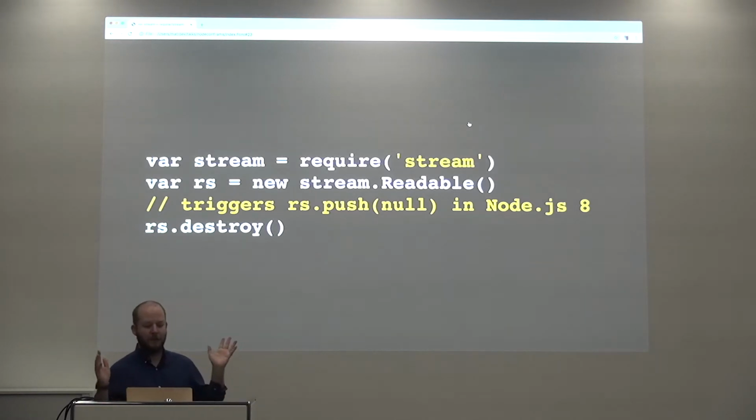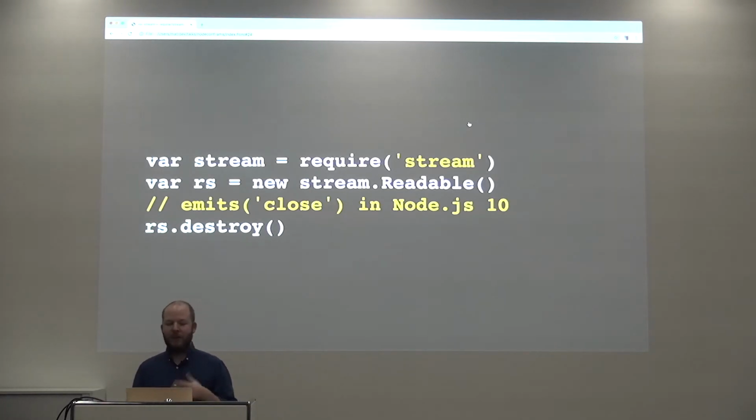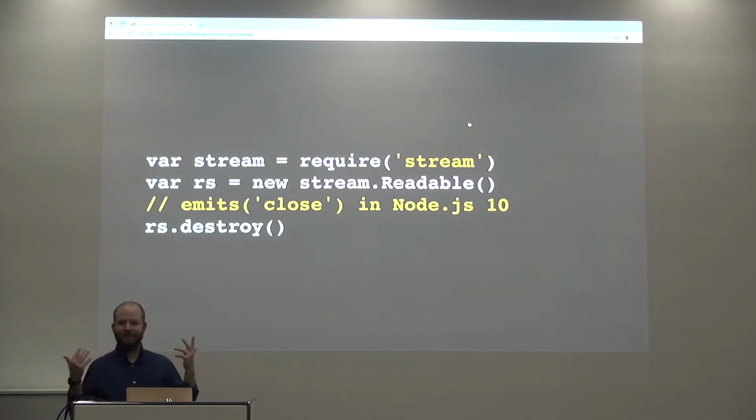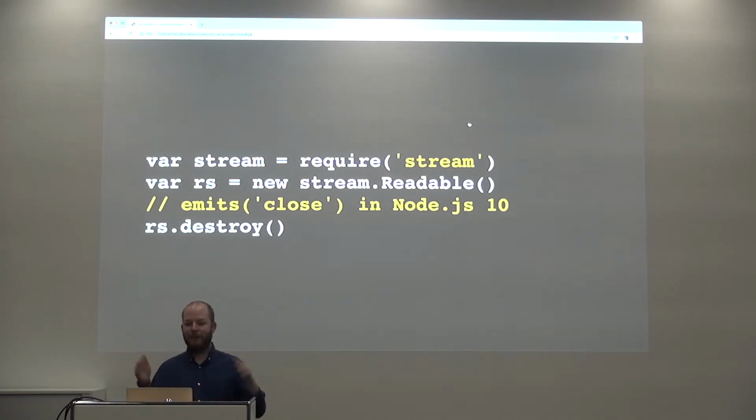So that's going to do something different to your code. And if you run this in Node 10, the stream is going to emit a close event. So depending on the system you're getting, you get really weird behavior sometimes. That's where all the bugs come from: we're testing, it works fine, and then somebody runs your code and it broke their stuff.